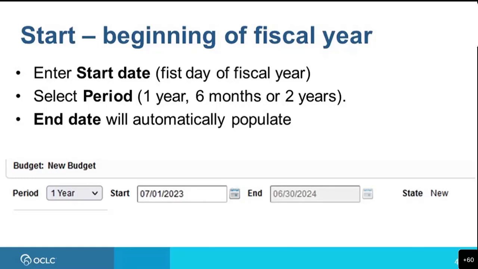So in this example, let's say I want to start using acquisitions at the beginning of the next fiscal year. So I set my start date to the first day of the upcoming fiscal year, July 1st. I left the budget period set at the default of 1 year. And then the end date is automatically populated for June 30th, 2024,